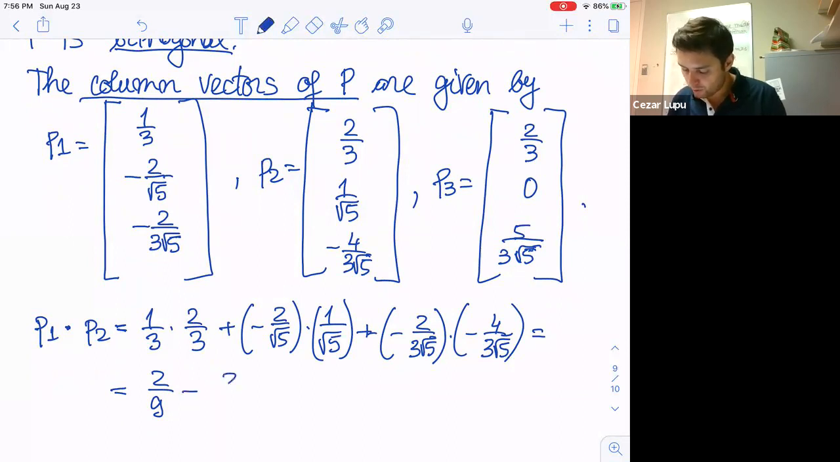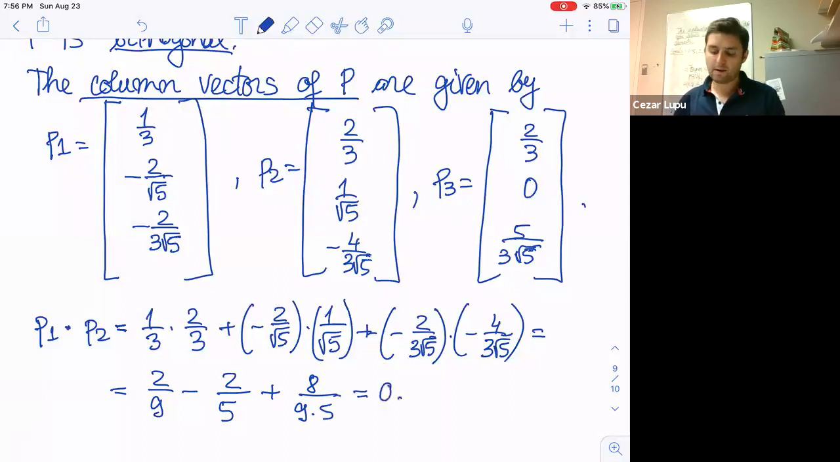2/5 plus this would be 8/9 times 5. And guess what? By computations here, this will give us 0. Anyway,